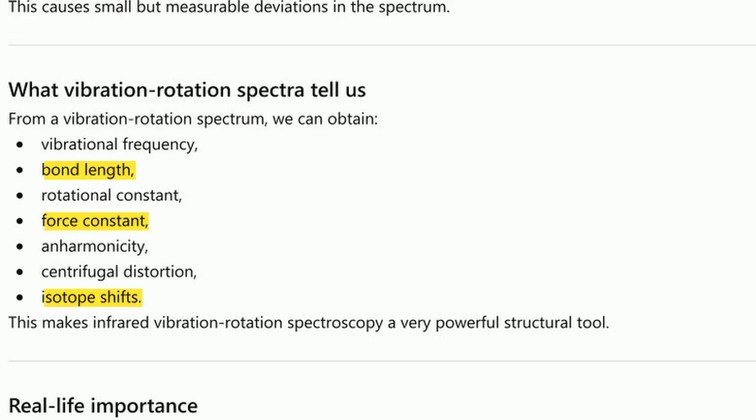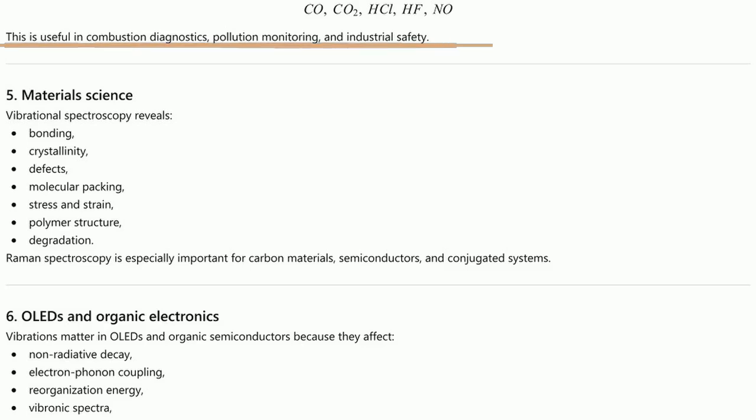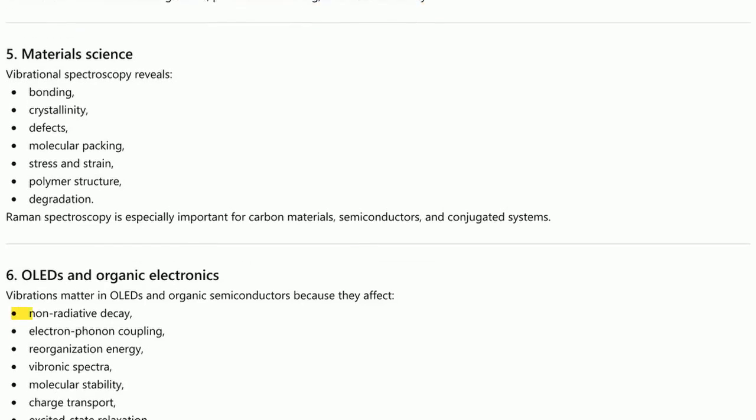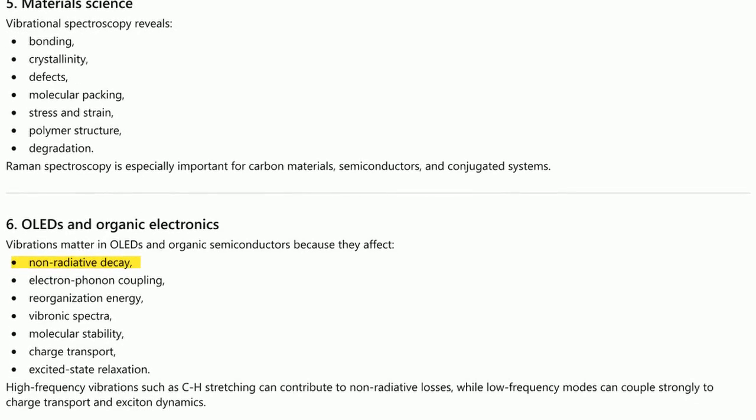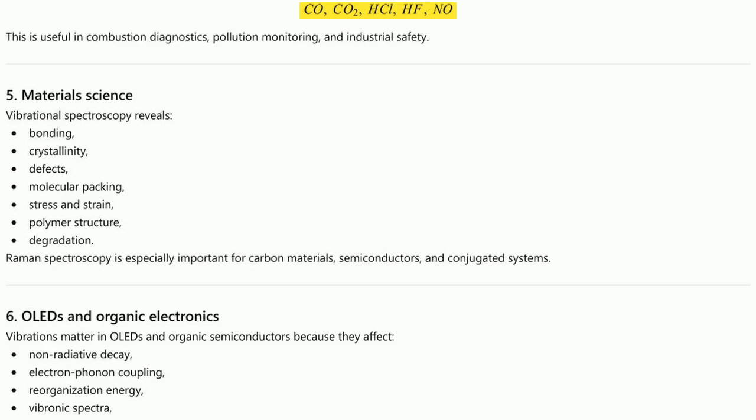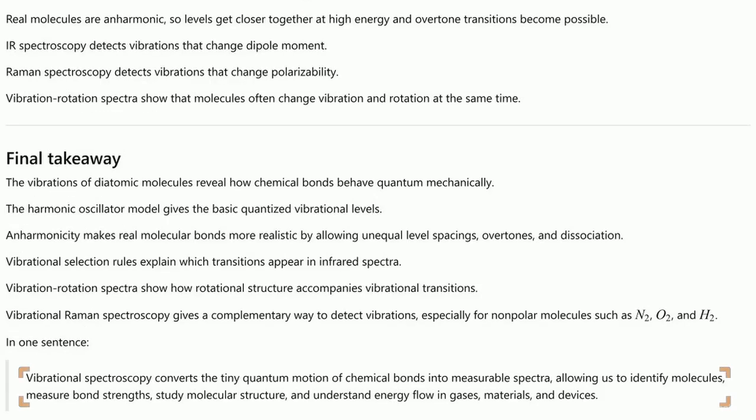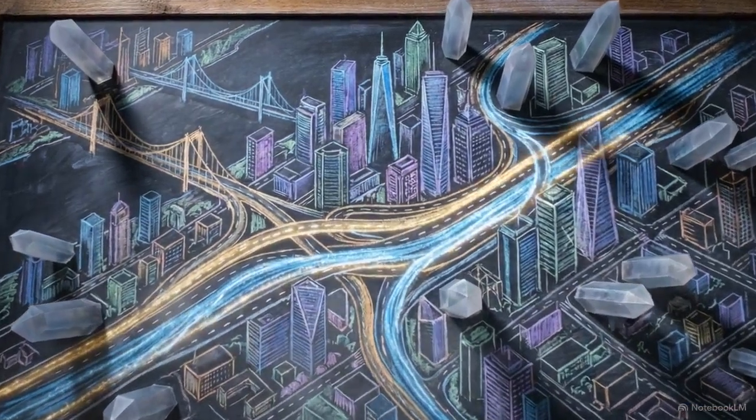These documents show the real-world utility of that data. Vibrational parameters dictate the non-radiative decay, causing energy loss in OLED electronics, and they map exactly how greenhouse gases trap atmospheric heat. This final conclusion captures the stakes. Vibrational spectroscopy allows us to identify exact molecular structures, giving us the incredible tools to analyze and engineer the vast flow of energy that